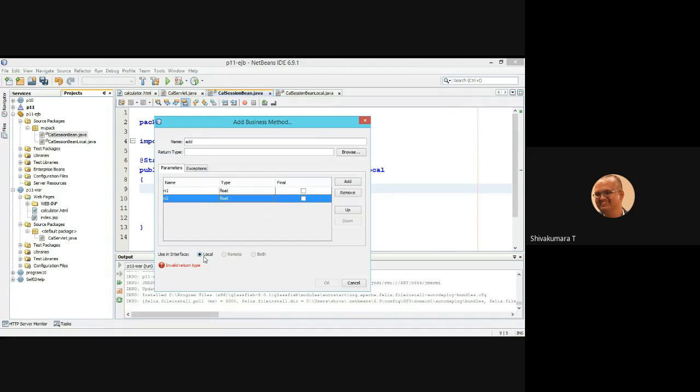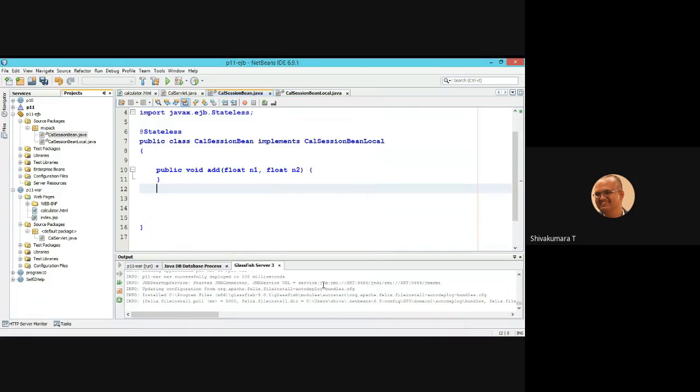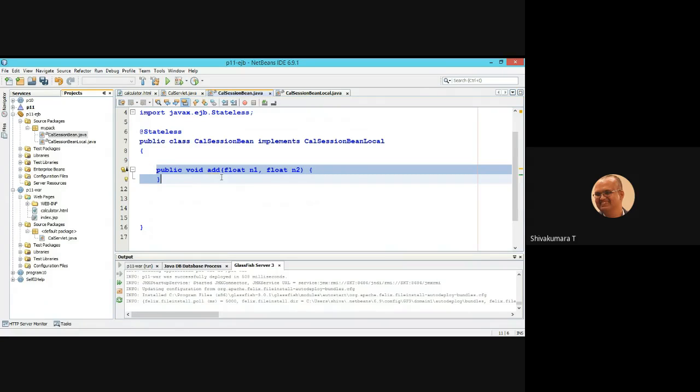And it uses which interface? Local interface. Getting it? Click on void. It won't return any value. Click OK. So this business method is created.